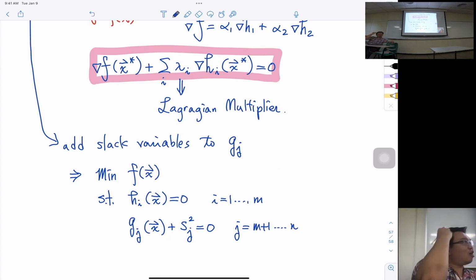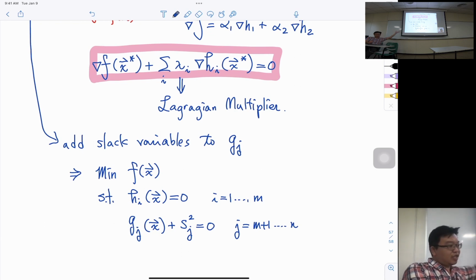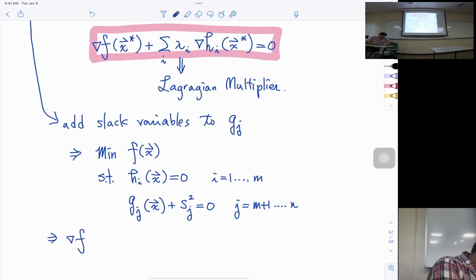Now we can actually combine all of it. We can combine all of them because they are now all equality constraints. We can formulate the gradient equation exactly like what we did earlier. So now we can just formulate this Lagrangian formulation. So we will have gradient f of x at the optimal plus a bunch of Lagrangian multipliers, lambda from 1 to m,